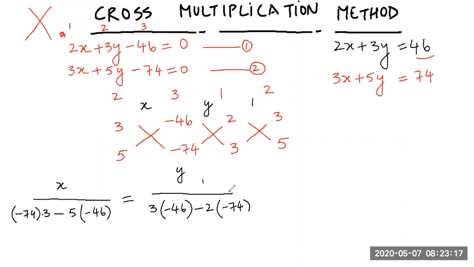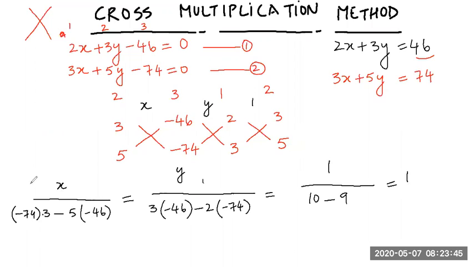Guys, you have to be very, very careful regarding positive and negative signs. You don't make any mistake. Is equal to, third is 1 divided by 5 into 2 minus 3 into 3, which is 1. Well, this is equal to 1. 1 by 1 is 1. Now straight away you will get the value for x when you solve this, because this into this will be 1. So now what do you do?